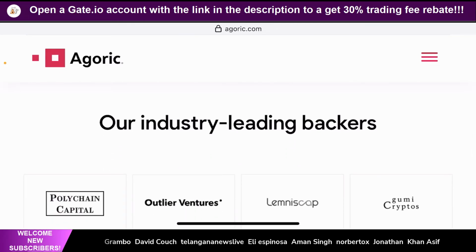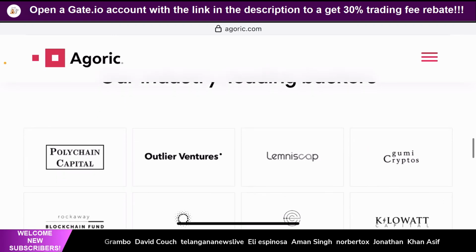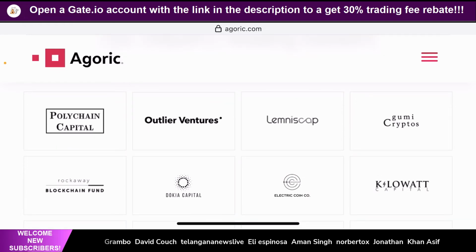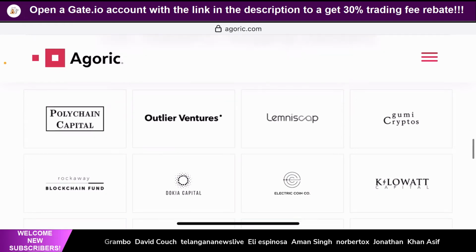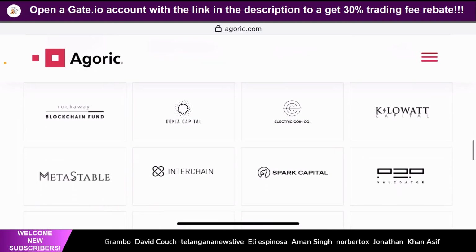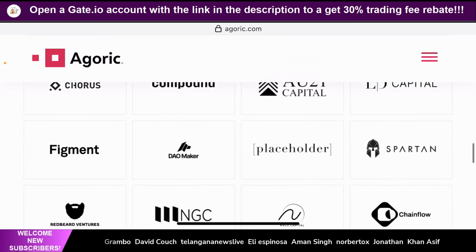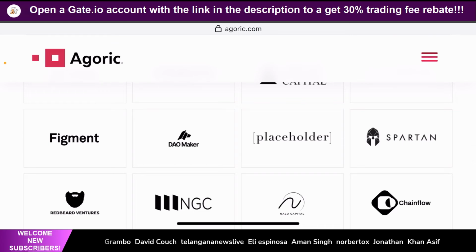So these are some of the venture capitalists who have already invested in this project. You can see there's a lot of names out there. I'm just going to point out some of the notable ones: Polychain Capital, Outlier Ventures, as well as if you scroll further below, you can see Metastable, which is a good name, Interchain Capital, Spark Capital, AE21 Capital, Compound Finance, LD Capital, as well as if you see DAO Maker, which is a noteworthy name in the crypto space,